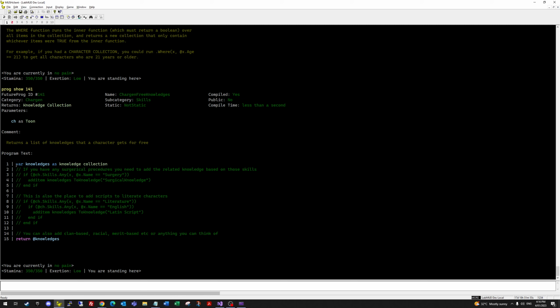So what it's done here is it's declared a variable, var knowledges. It's declared it as a knowledge collection, which, as you can see, matches the return type. And then at the bottom, it's returning that knowledges variable. So in between, anything you add to that collection will go into that and be returned. But I've got it all commented out because obviously I don't know what you're going to do with your MUD,